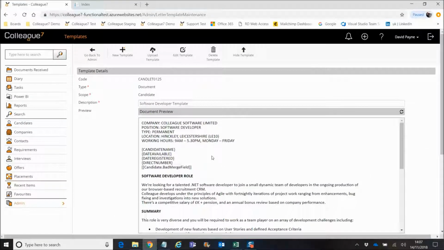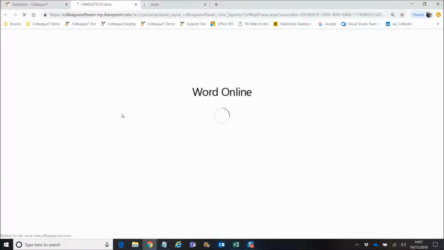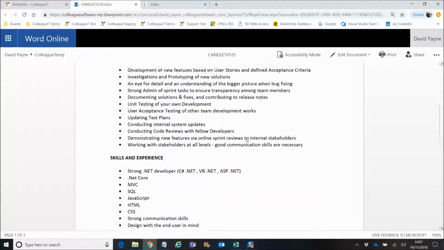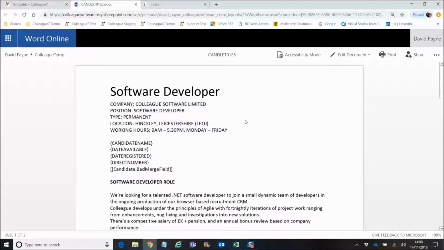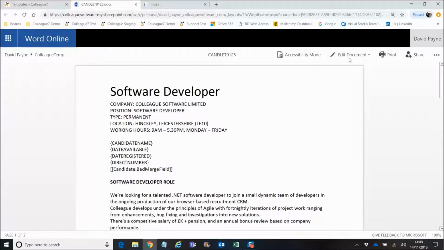If you want to actually look at what the document contains in terms of its formatting, you can edit the template. We'll set yes to that, and then it will open up Word as it does when you're editing a Word document throughout the system. And from within here, you're actually looking at the template itself. Obviously, you can then edit it on Word Online or in Word as a local application. So if we edit it in the browser,